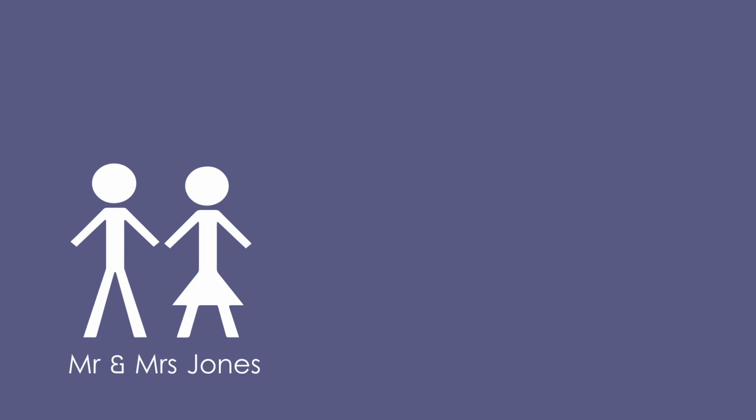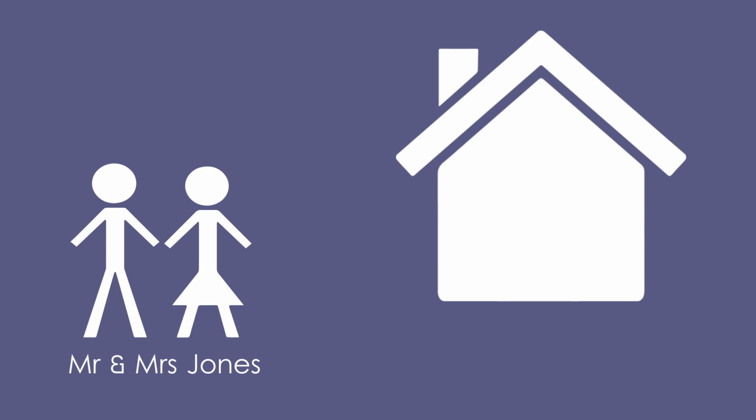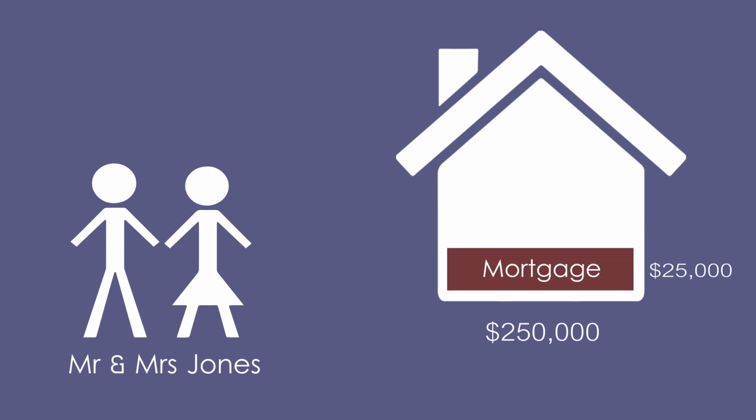Here is an example to show you how we work out the amount of equity you are entitled to. Let's create a couple, say the Joneses. There they are. Okay, and let's give them a home. To work out how much equity they can access, we consider the 4 factors that I mentioned earlier. The Joneses live in a house that is worth $250,000, and they are aged 65. They also have $25,000 left to pay on the mortgage. At the time, the Joneses could take out as much as